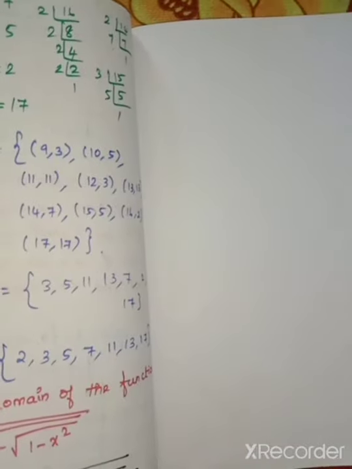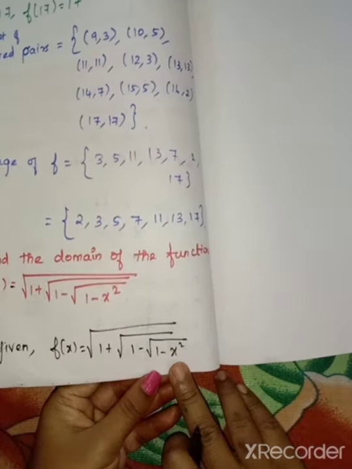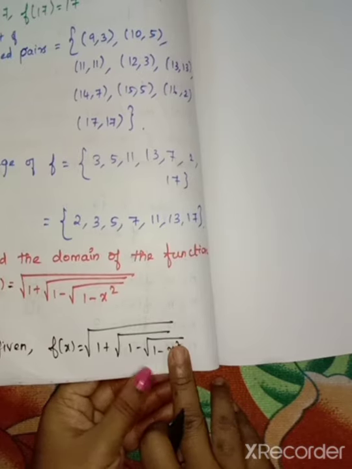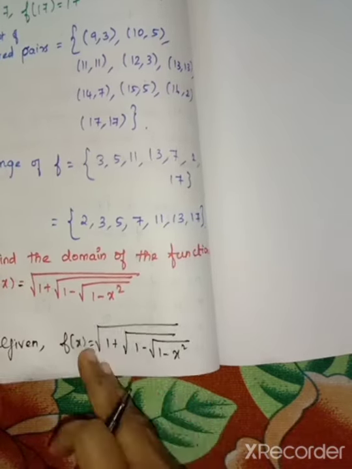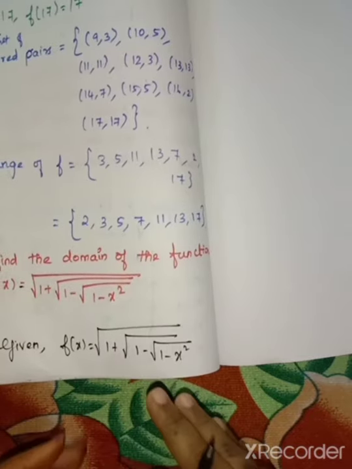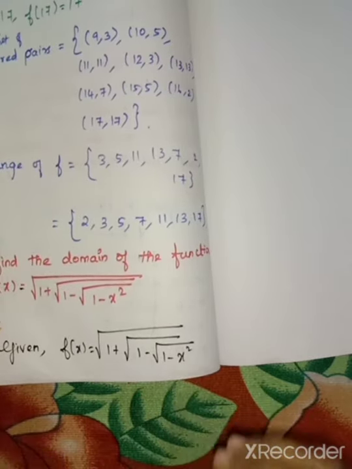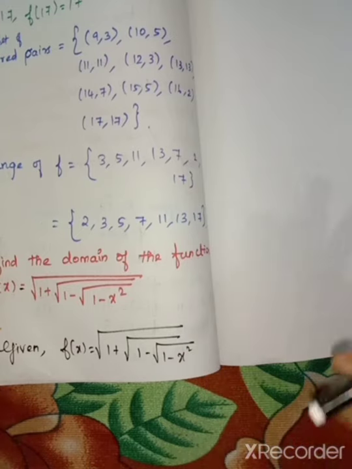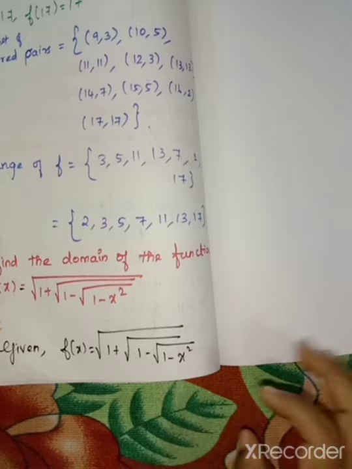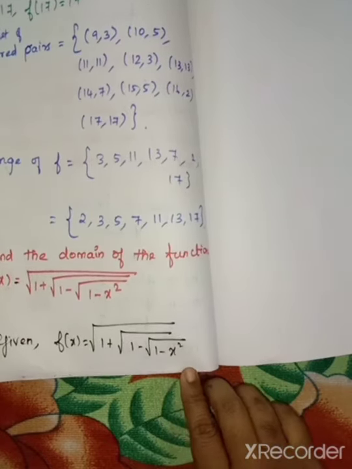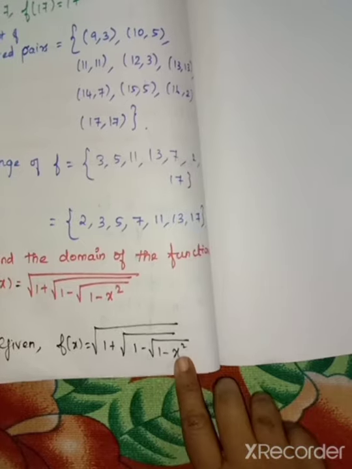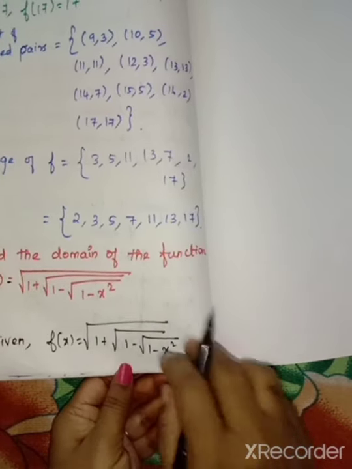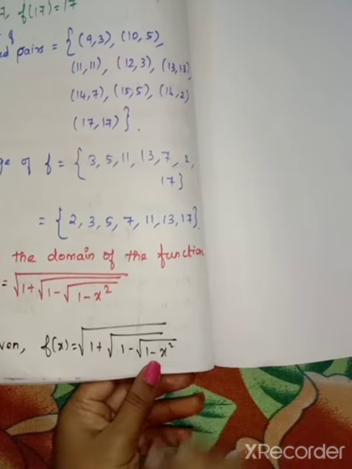If you substitute 1, 1 squared has the value 1. So 1 minus 1 is 0. So root 0. If it is processing, we get the value. Here we just apply, not doing the steps. So straightly we can write the numbers alone for the domain. When we put 1, we definitely get a value. So again the same, minus 1. If you substitute 1, we know that we will definitely get a value somewhere.